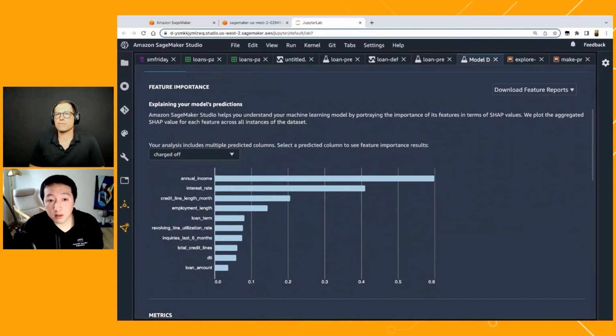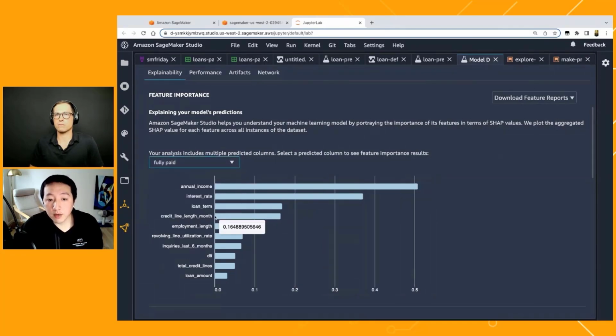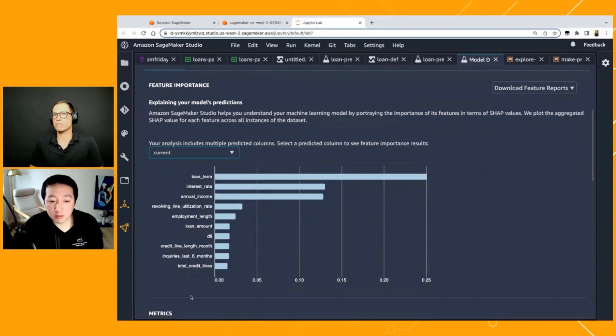The feature importance report shows you which features are given the most importance, or take the highest weight, in making a decision to predict charged-off customers, or fully paid customers, or current customers. These are three different groups of customers in this data set, and these are the features that help predict the customer in that group.